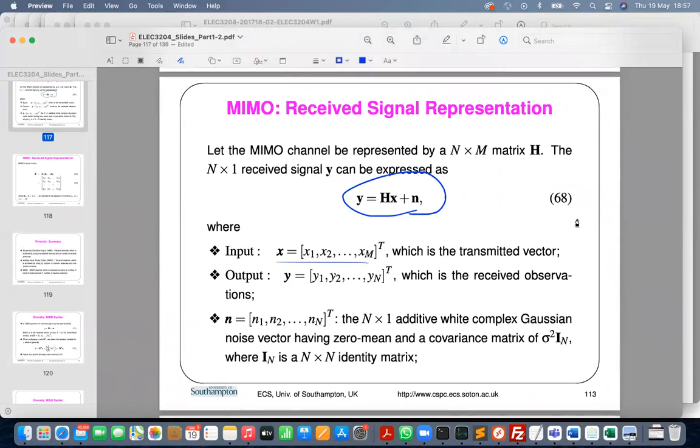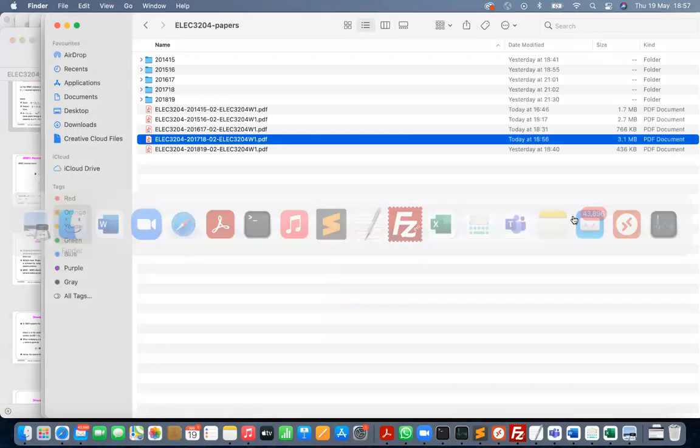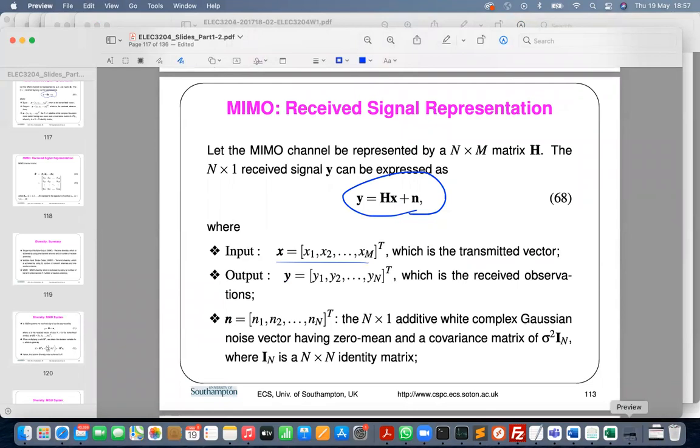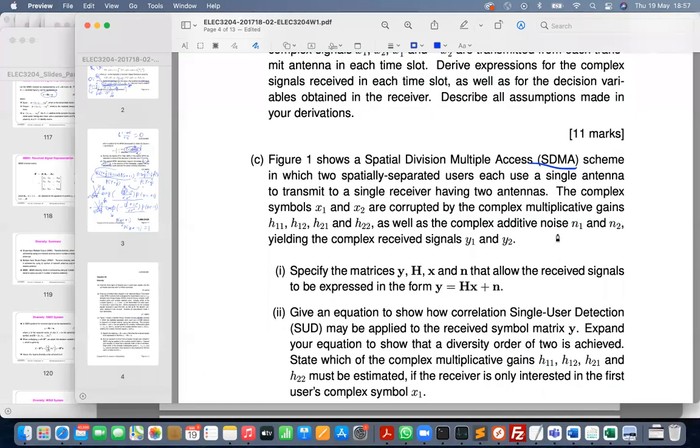So let's look at the question again. Okay, so we have 2 users, each one uses a single antenna, and then transmit to a single